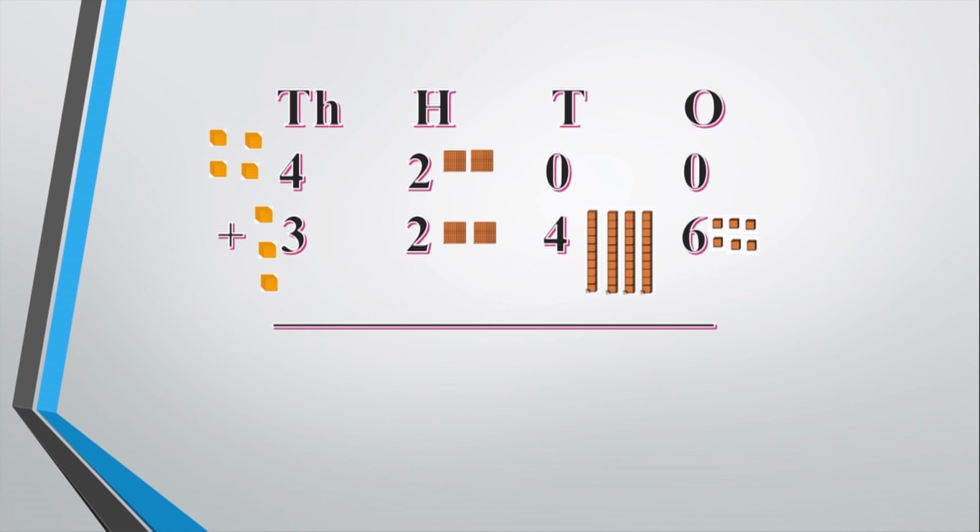So 0 add 6 is 6. Good. Good rule to keep in your mind: anything added onto 0 remains the same, right? Any number that you put onto 0, the number doesn't change. Or if you add 0 onto anything, it remains the same as well. And that comes in handy for the second number, because we have 0 add 4. You will simply bring down the 4, and it will give you 4 tens there too. Good. So now on to the hundreds. 2 and 2, 4. Excellent. And finally, we have 4 add 3, which will give you,